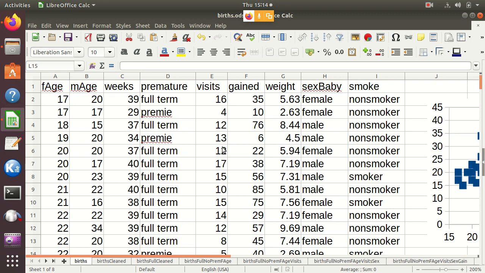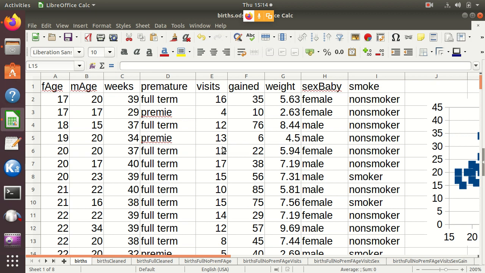This is all about birth weights in babies. So we have in column A the father's age, column B the mother's age, C the weeks pregnant at delivery, D whether the baby then was premature or full term, the number of prenatal visits,